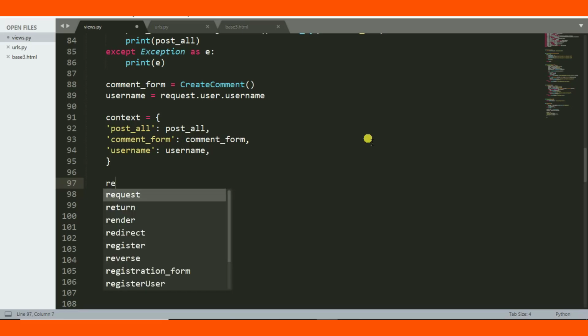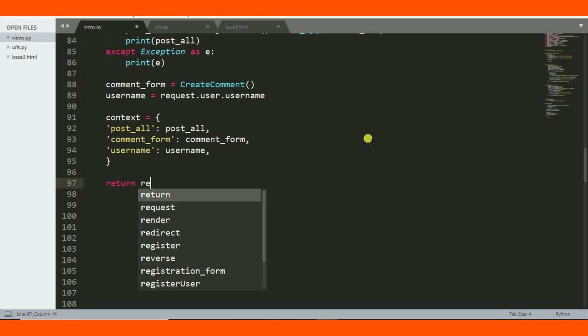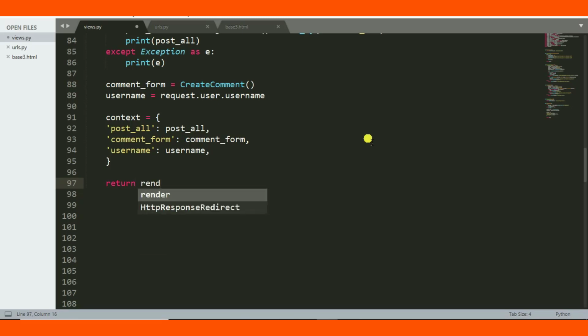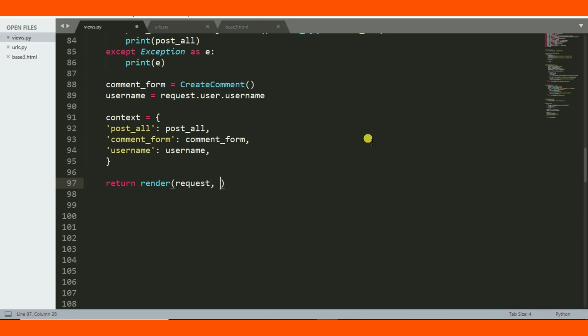So here I'm going to render the HTML. So return render, then a bracket, request, then a comma,